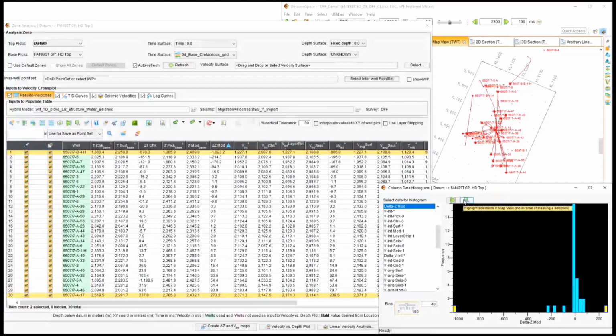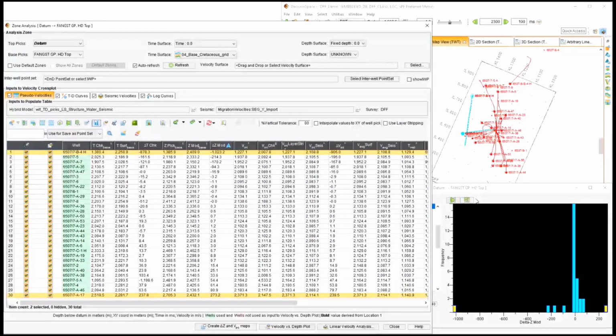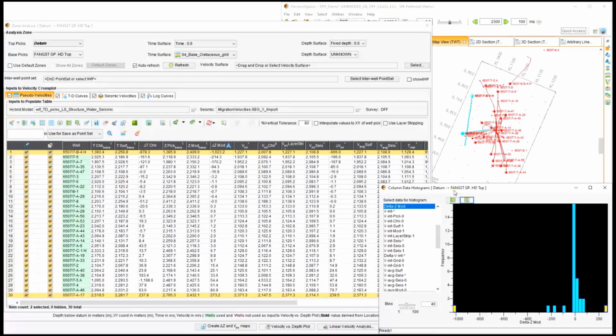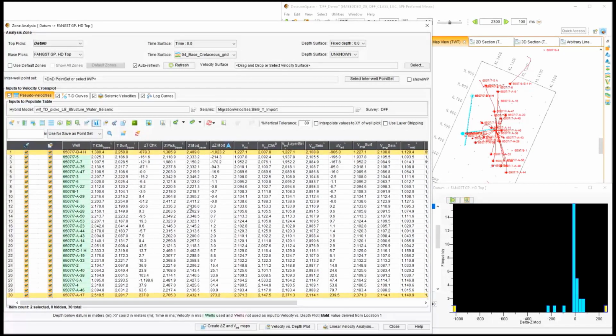If you wanted to, say, see them in the map view, you just click on the show. So here I can hide, and there I can show what I've selected in the map view. And if I want to broadcast the point set or something, I would just do this button here. And of course the interaction works both ways. If I start highlighting things in my